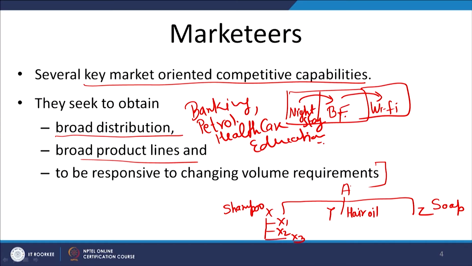So, you have to be responsive, you have to adjust your offerings as per the changing volume requirement if you are a marketeer type of organization. And obviously, if you are fulfilling the different volume requirements of the customer, you need to have a more flexible manufacturing system that can take care of the needs of changing volume of production levels. So, with this we see that you have to very closely understand your market if you are a marketeer kind